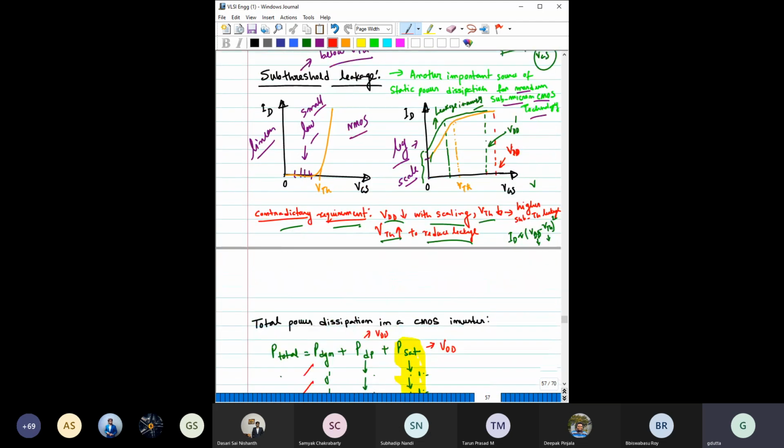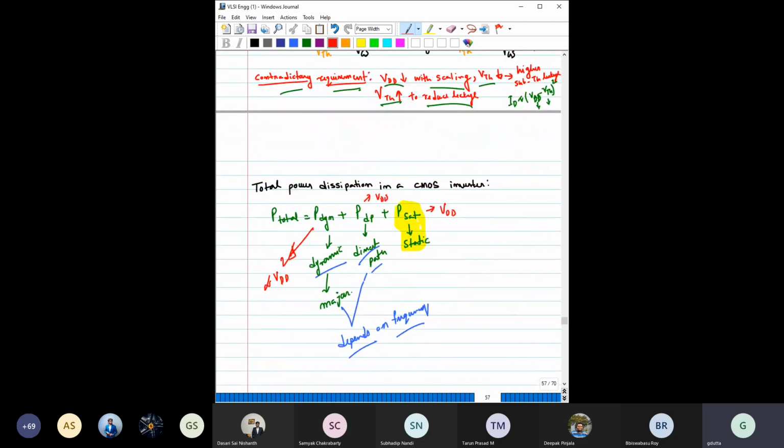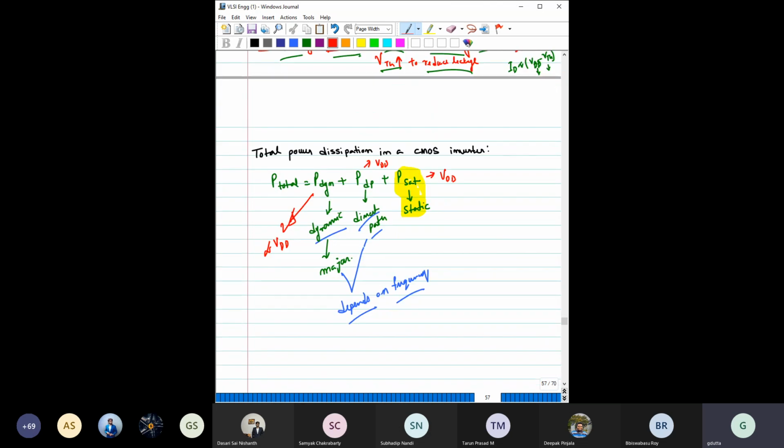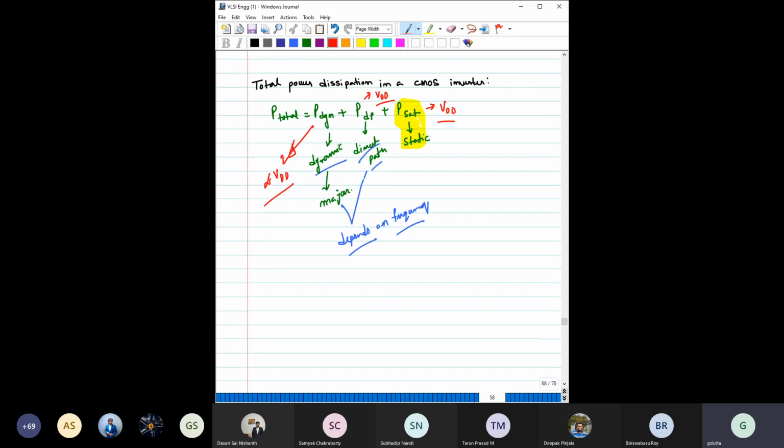So that way you can have some idea in your mind, like when designing something, which one would be important. If you have to scale down VDD, then which power is going to play the major role, and all this stuff. Okay, so this was a brief discussion on the power dissipation in a CMOS